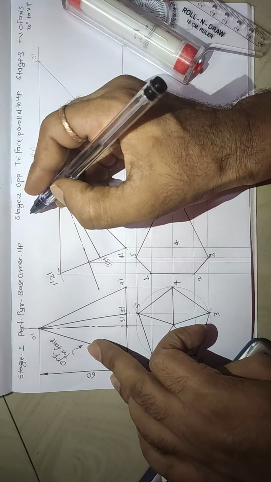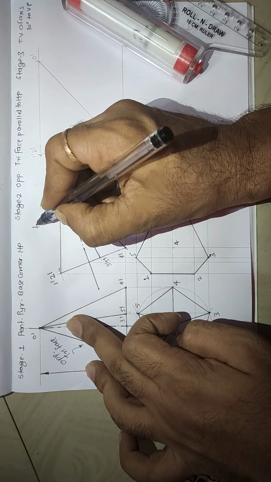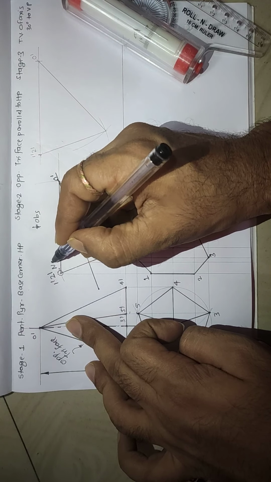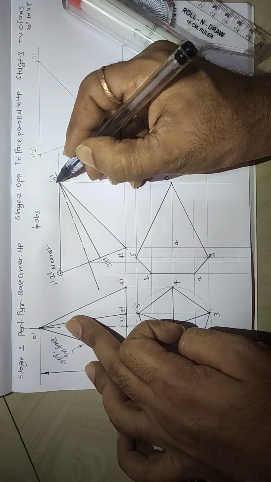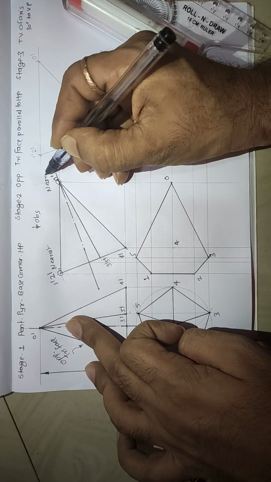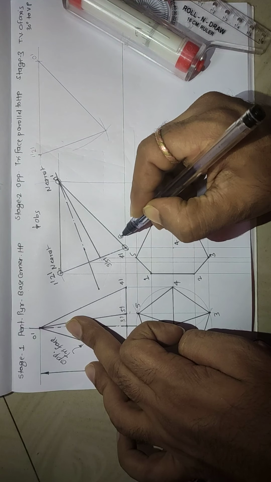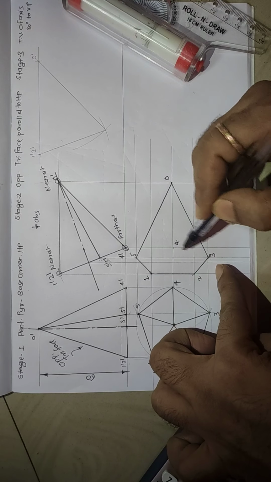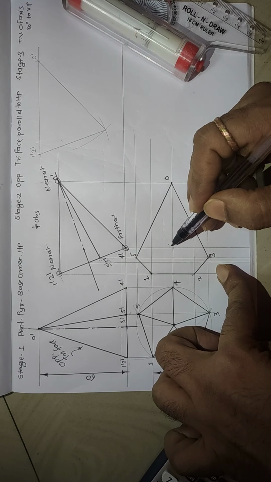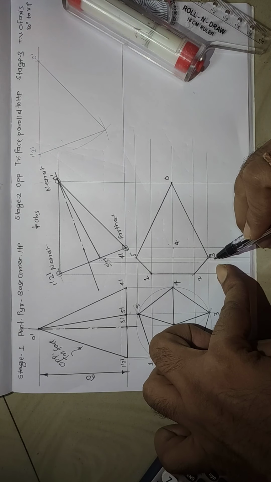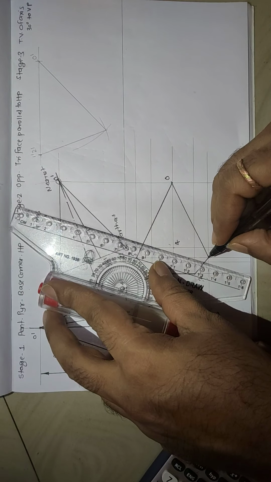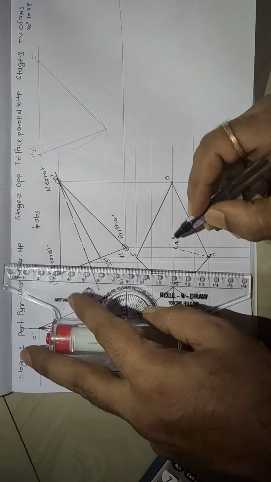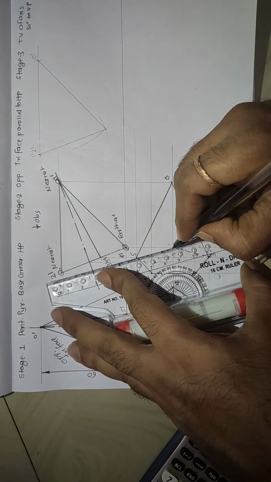Now to complete the remaining base edges and slant edges, first of all I will locate the observer. This is observer. For observer this is nearest. Similarly this point is also nearest because both are at the same level, and this point I can call as a farthest point. So 1 to 2 is connected, 2 to 3 is connected, 3 to 4 is not connected. Out of 3 and 4, 3 is away from our observer, 3 is the farthest, so I can join this by a dotted line. So this will be a dotted line. Then 4 to 5, 4 is farthest, so it can be joined by a dotted line.